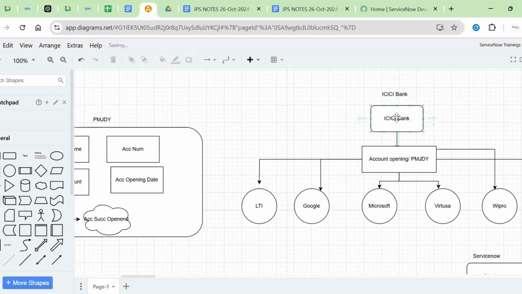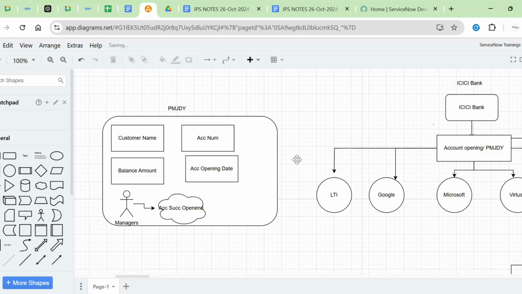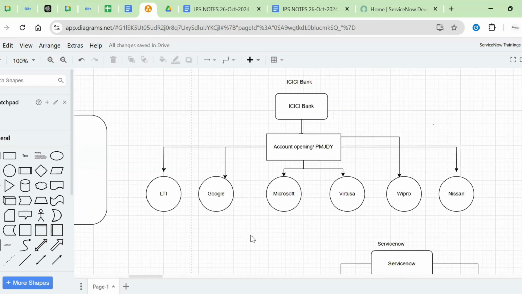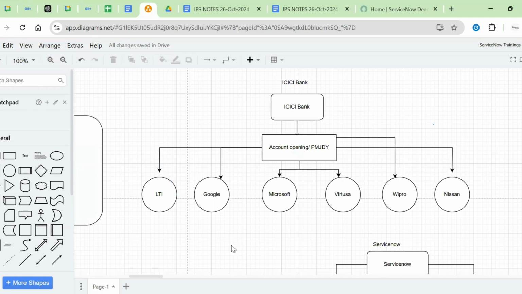So actually ICICI Bank, so okay, fine. This would be your requirement, right? So that's the reason we will do one thing. All these companies are there, right? They will be having a meeting. So in this meeting, that particular meeting is known as what? Bidding. Why is it known as